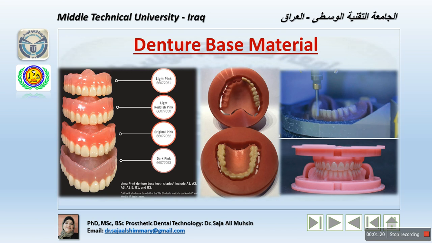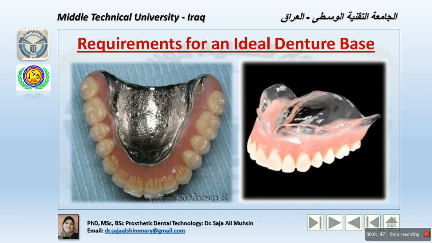Basically, all the information related to the base material depends on the manufacturers in terms of the material used, polymeric materials, metallic materials, or resin material, and thermopressing materials. So this depends on the supplier, the form of the material which the supplier will supply for the customers. Now, the requirements of an ideal denture-based material: